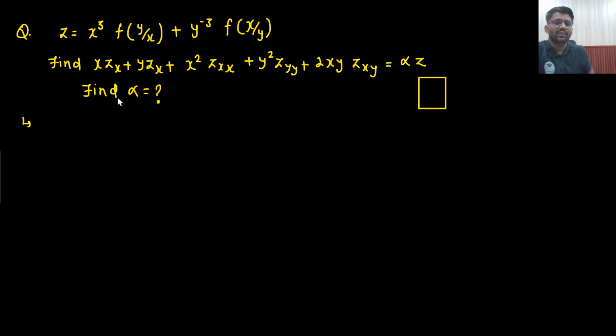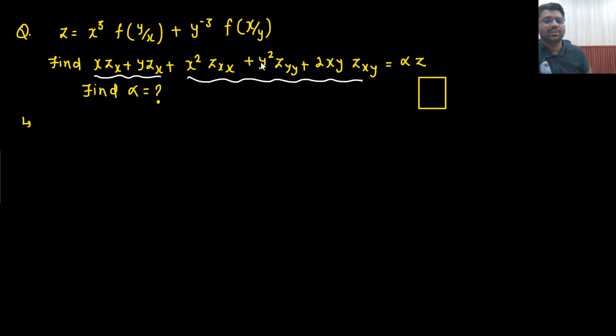Solve this question. Z equals x cube f of y by x plus y to the power minus 3 f of x by y. Find x zx plus y zy plus x square zxx plus y square zyy plus 2xy zxy, that is equal to alpha z. Then find out the value of alpha. Have I seen this thing somewhere? Yes, sir. First of all, let me know,